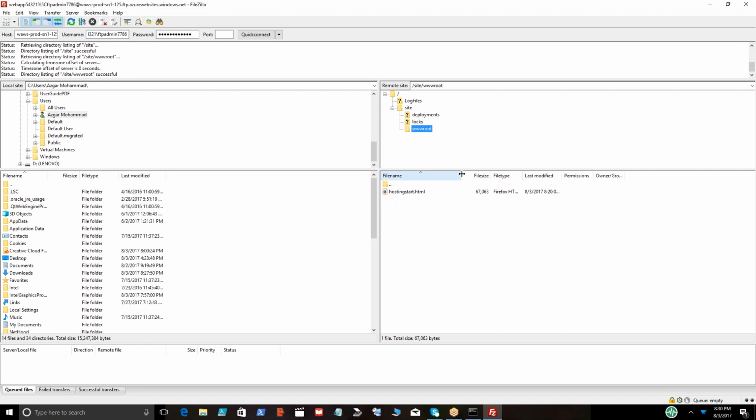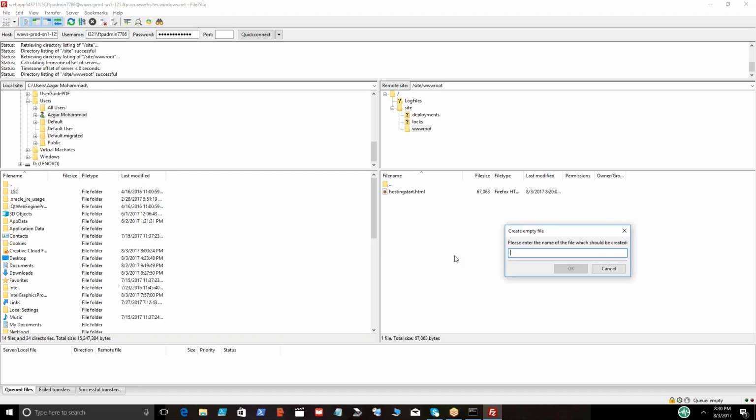So that is a file that is being picked up every time you launch your website. So all you have to do is create a new file called index.html here and put your entire website there, right? So that's how it is done. You understood, right? Yeah. Create a file, right click, a new file. Is there an option to right click here? It says create directory, create a new file. Yeah. Name it as index.html